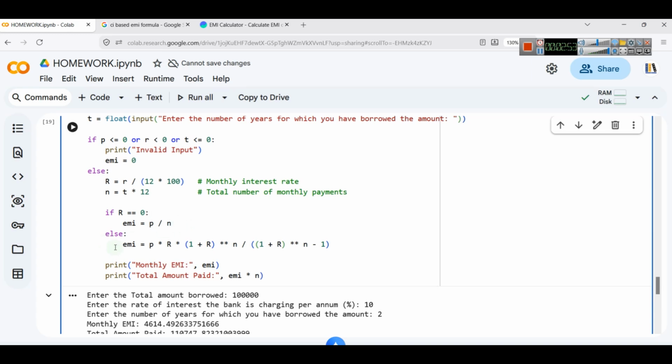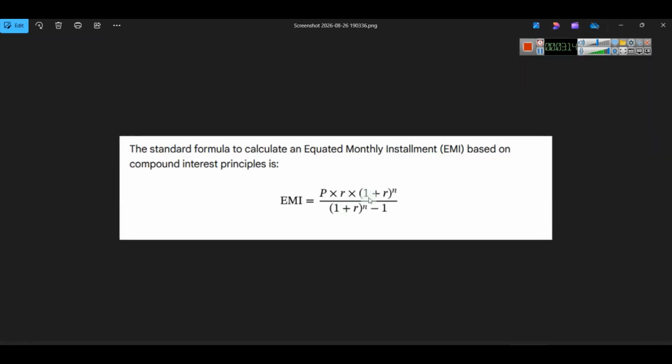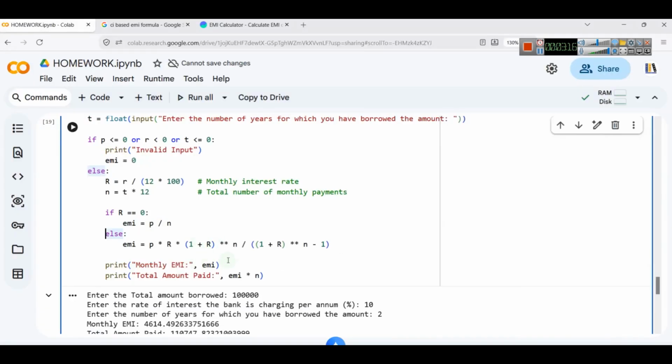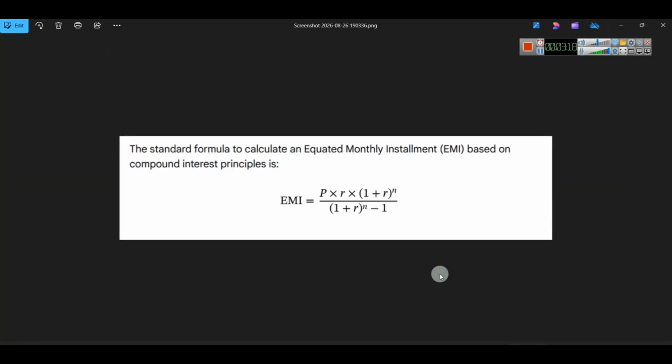But if it is not 0, so we are just writing else. So here you can see nested. So first if and else, and inside that if there is another if and else. Okay, nested. So you are writing the same thing, P into R into 1 plus R, which is in brackets, raised to the power of N